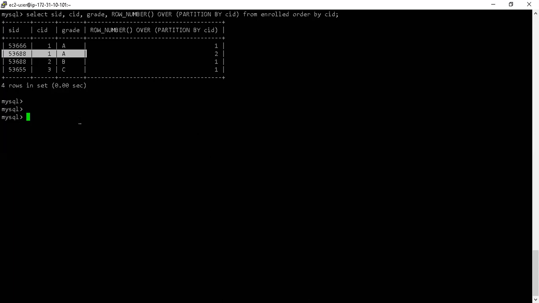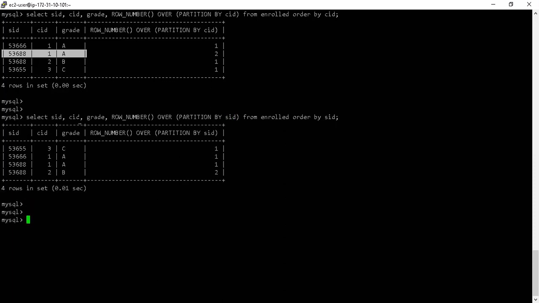What happens if I partition it by the student ID? Okay, let me just partition it by the student ID. If I partition it by the student ID, see what is happening. The first 3 rows are unique with respect to the student ID in the first place. So whatever I'm writing as partition by and then the column name, this column is actually treated as my primary key.